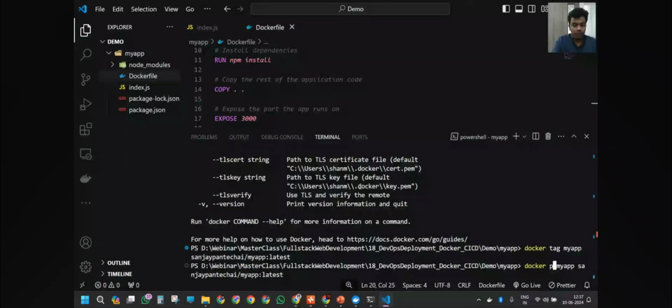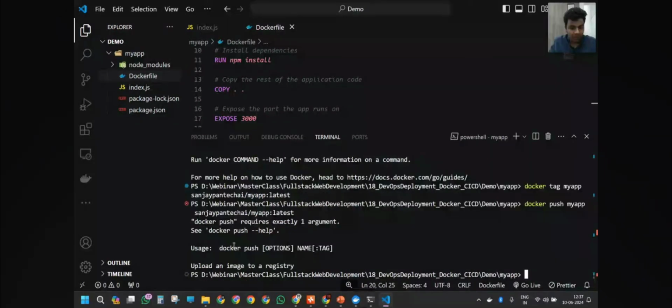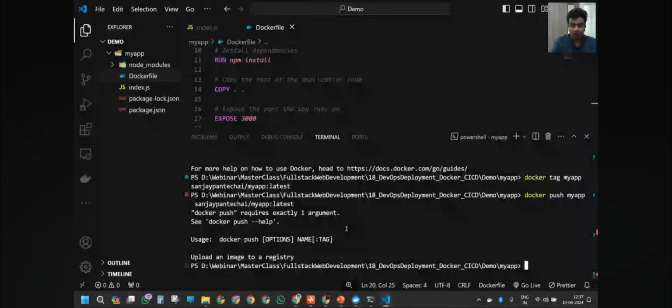Push. Okay, once you have pushed it, it is giving the message like my app. So, docker push my app. Okay, it's giving this. Wait a minute. What you can do is,